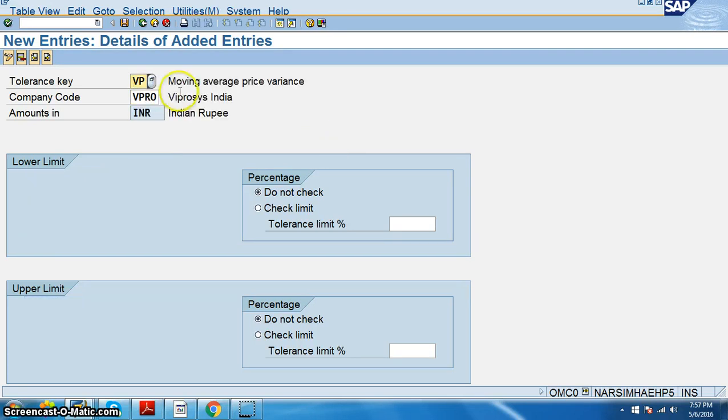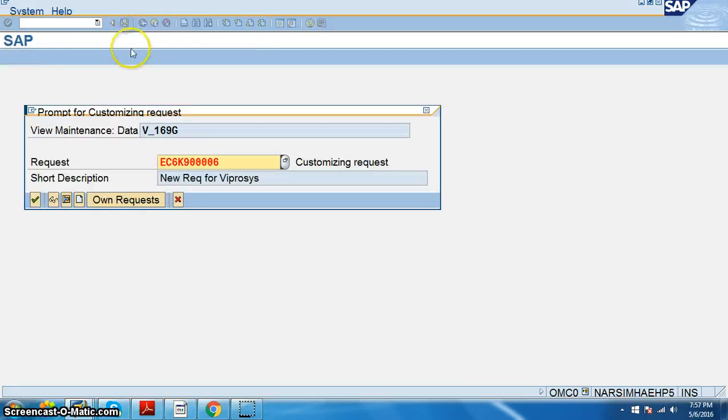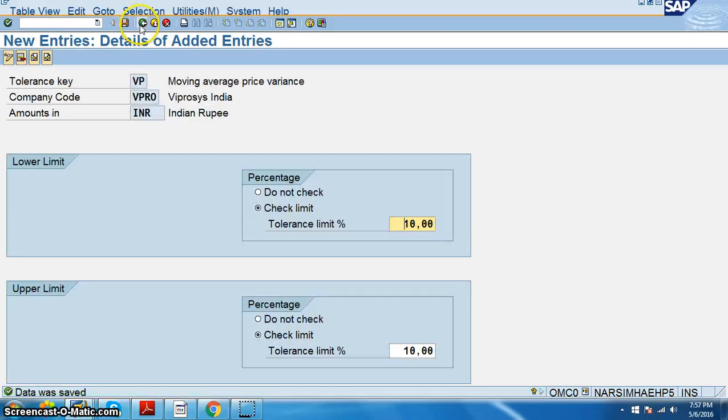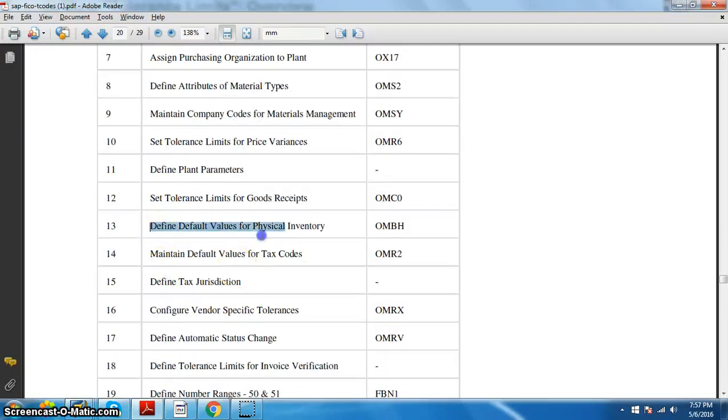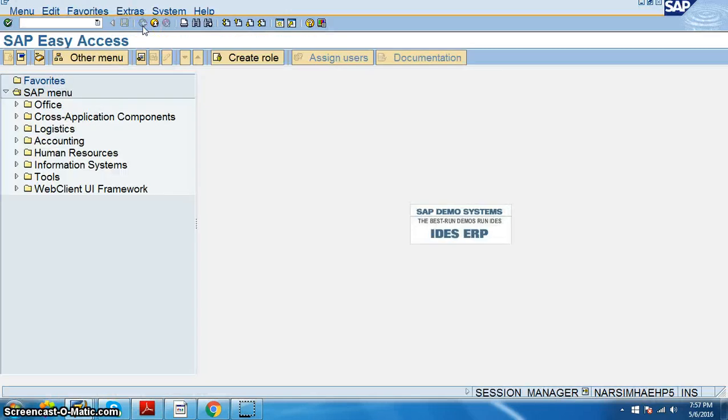Just say enter, and the limit is 10% here and 10% here. So yes, we do want to check the limits. So save it, and back.